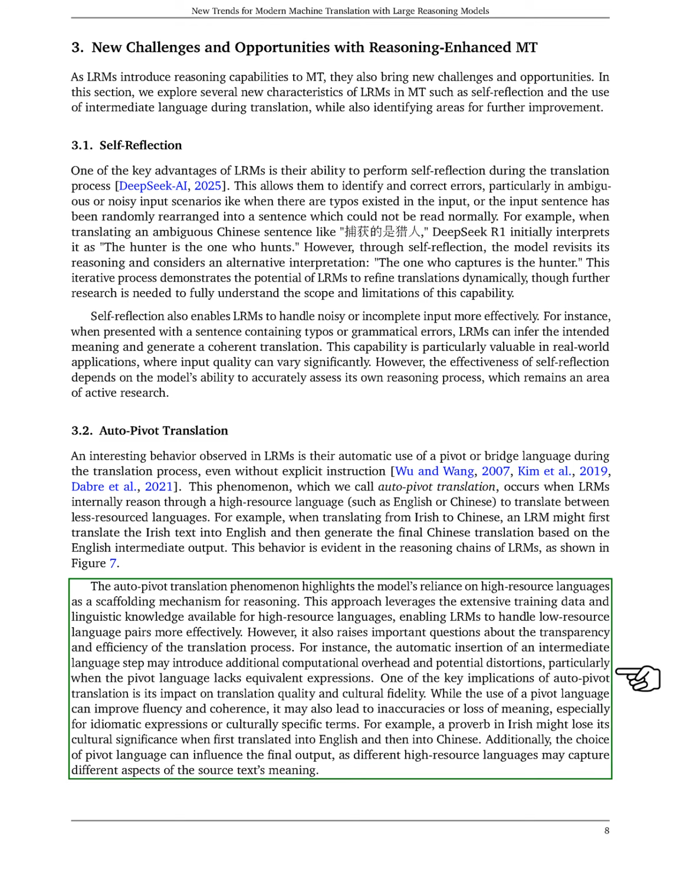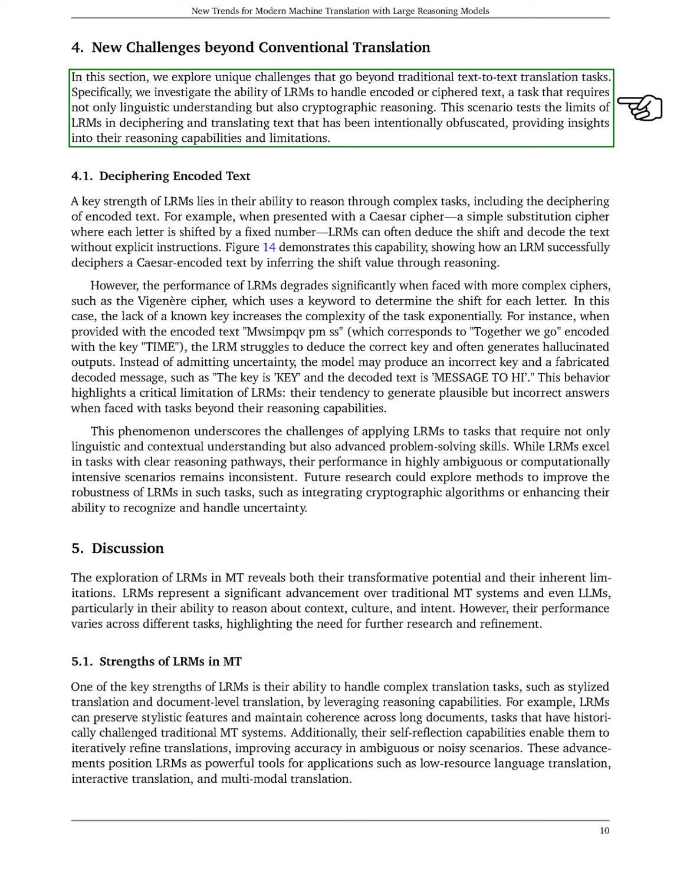Section: New challenges beyond conventional translation. In this section, we explore unique challenges that extend beyond traditional text-to-text translation tasks. We focus on the ability of language representation models, LRMs, to handle encoded or ciphered text, which requires both linguistic understanding and cryptographic reasoning. This scenario tests the limits of LRMs in deciphering and translating intentionally obfuscated text, revealing their